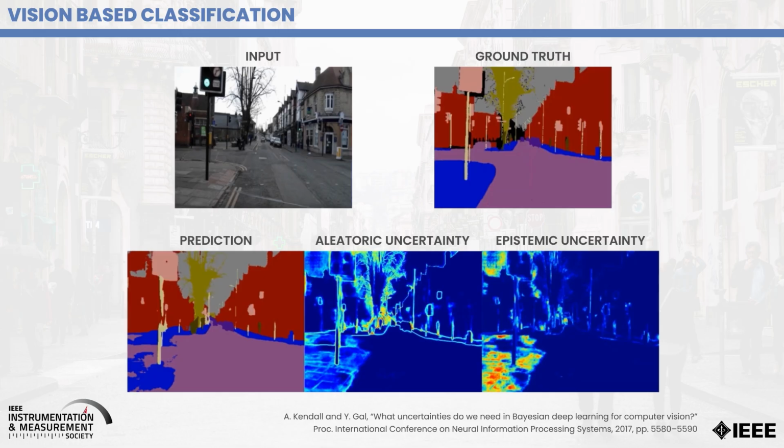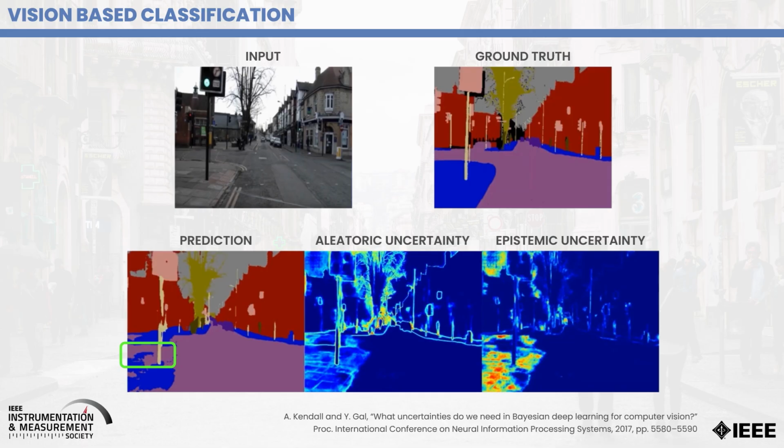And the prediction frame here, this is what the machine learning model has classified for us. Now, if we look only at the prediction, you can see that it has mistakenly identified this portion as being road, but actually some of it, which is here, is sidewalk. It's not road. And also here it has been determined as being sidewalk, but this is actually road if we look at the ground truth. So this is very dangerous, because if the car is relying on this image to drive, and if the car wants to turn left, there is a danger that it actually runs over the sidewalk and maybe hits a pedestrian, which is what we don't want.